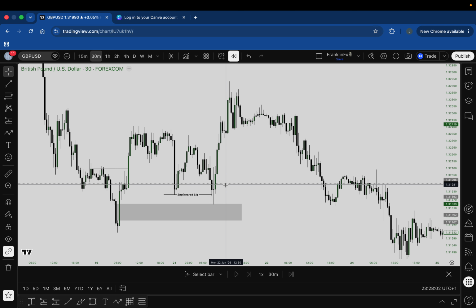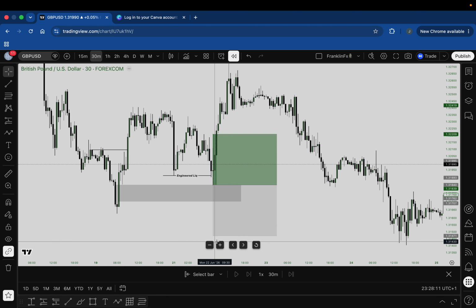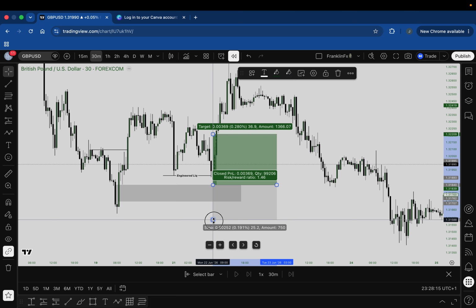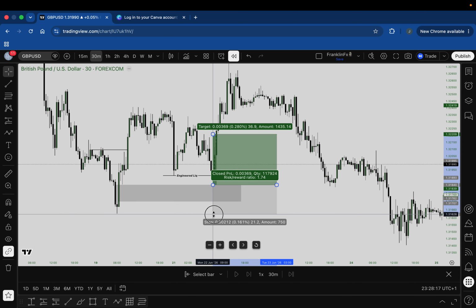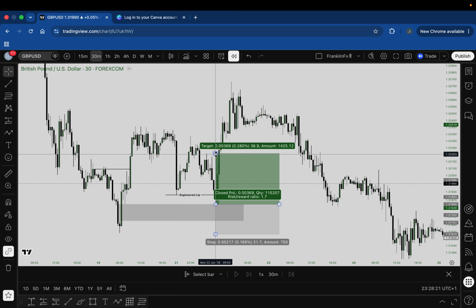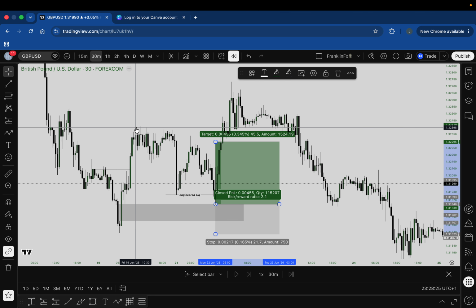So if I was to enter this market, I will enter just at the edge of the FVG. I'll keep my stop loss slightly below this particular low here, this strong low, and then I'm looking for 3RR. So I take it up. I'll be targeting this particular high here. Let's see if I can get 3RR.